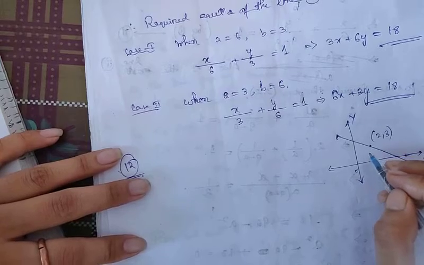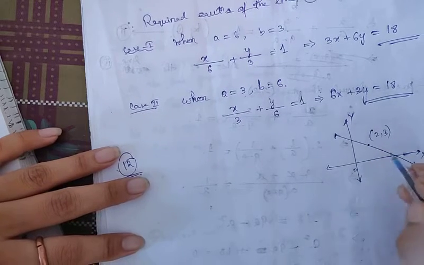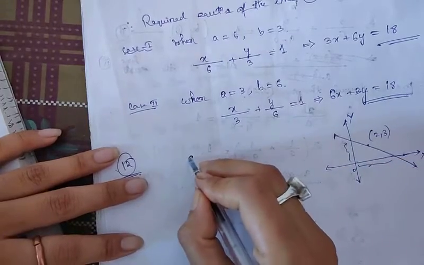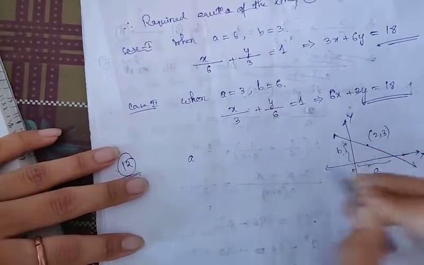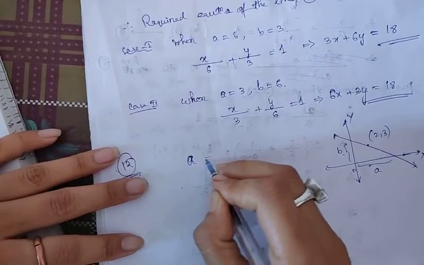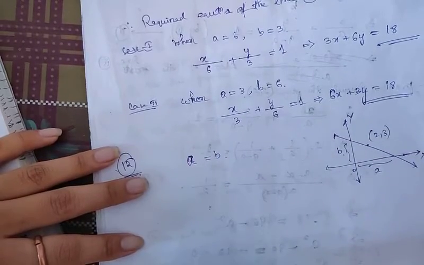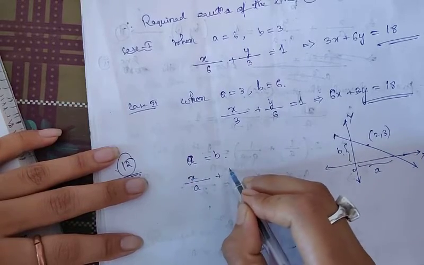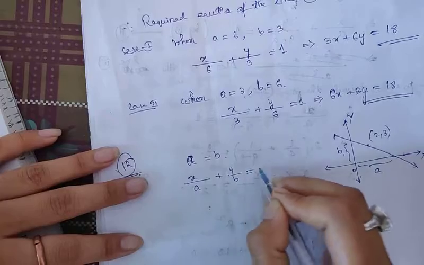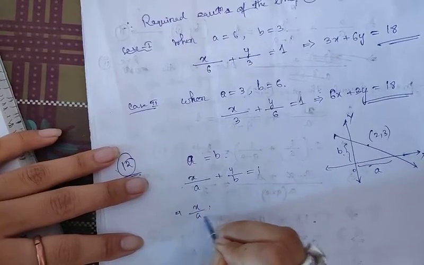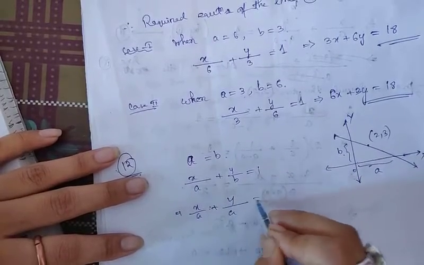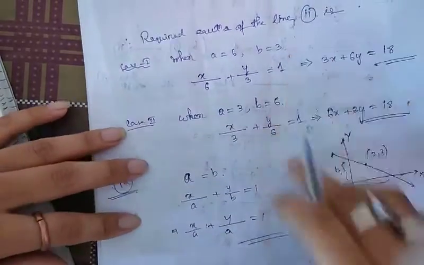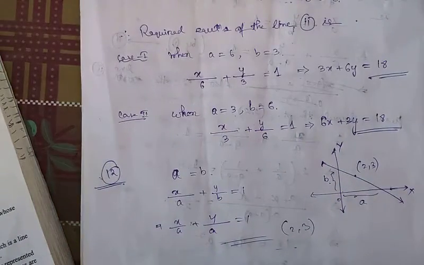And what is given? Equal intercepts on the axes. That means if we take our x-intercept as a and y-intercept as b, then according to the condition x-intercept equals y-intercept, that means a equal to b. So what will be the equation of the line? In intercept form, x by a plus y by b equal to 1, and in place of b we will write a. Also the line passes through the point 2, 3. Then as in the above procedure, do this question. This is very easy.